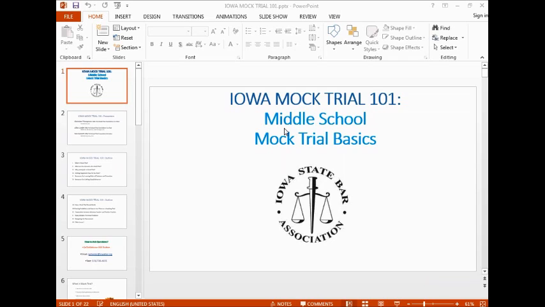The next thing you'll want to do once you understand the case, you've outlined it, you've done a timeline, is you're going to want to start to brainstorm your themes, because as you're writing your parts, having a theme in mind, even if it doesn't become your final theme, is going to be very helpful to you in trying to figure out how to craft the case, what points you choose to use, what points you choose not to use. Something may sound really exciting, but when you look at your theme of the case, that fact suddenly doesn't make sense and isn't useful. And so if you have at least some idea of what that theme is going to be, you can be more organized and you can start to narrow down your facts a lot more quickly.